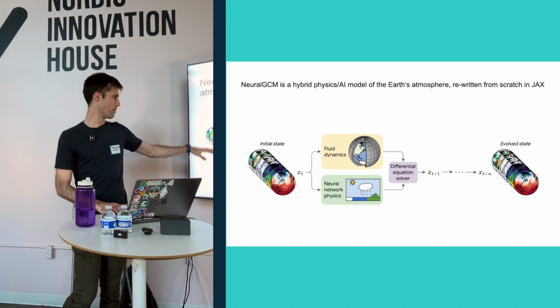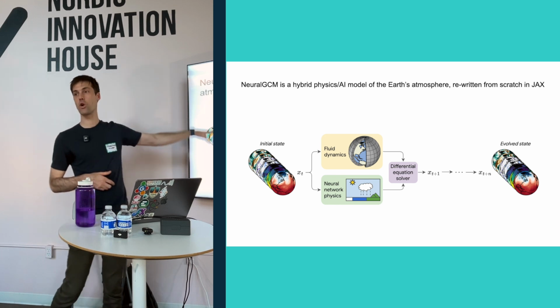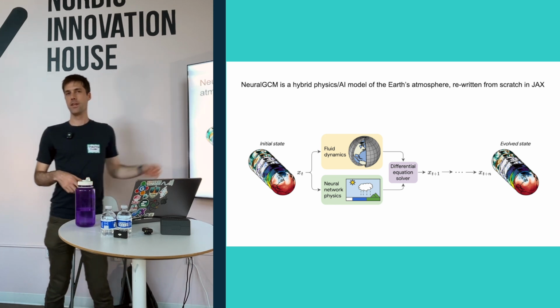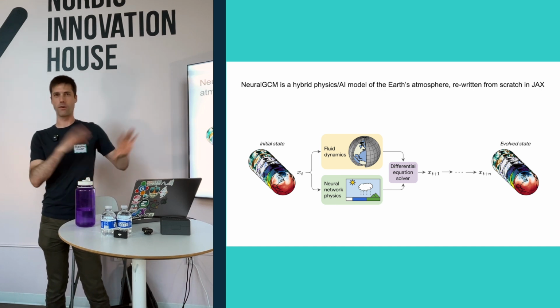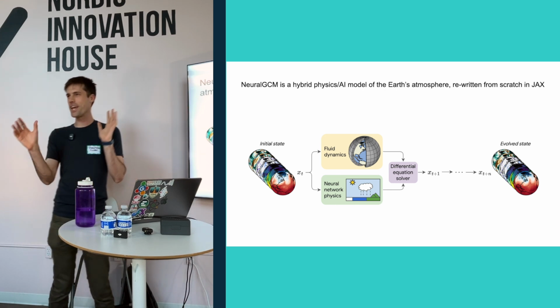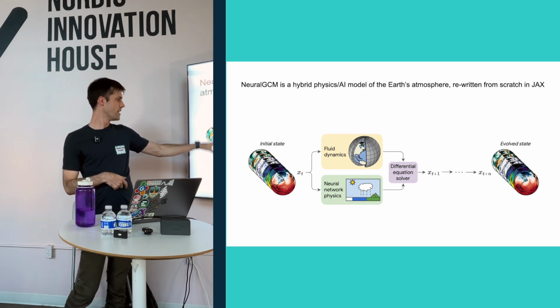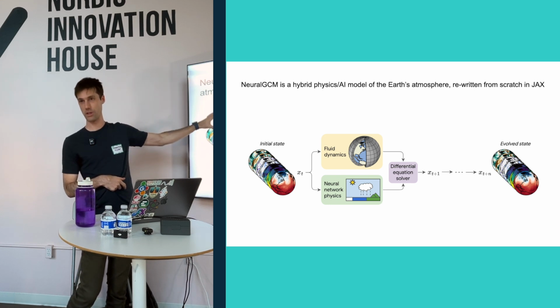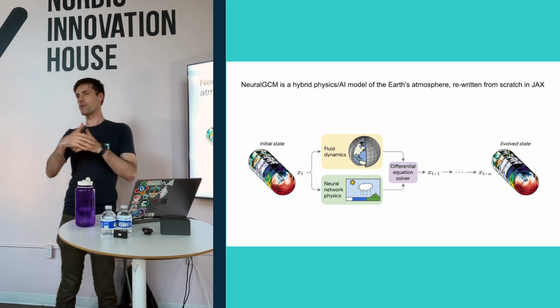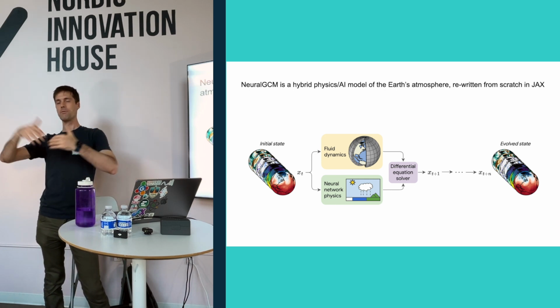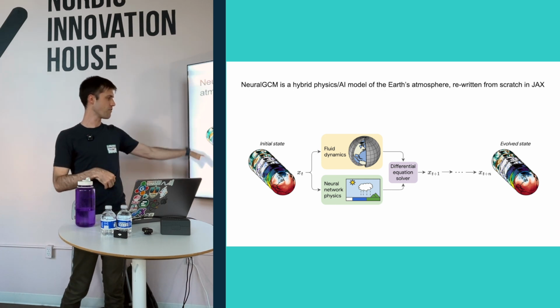The weather variables that we model are most of the core weather variables, though there are a few more in the atmosphere that we miss. We don't do ozone, we don't do aerosols, we don't do smoke, we don't do greenhouse gases. Stuff like particulate matter maybe matters especially on really long climate simulations. But for weather forecasting, we have almost everything you need.